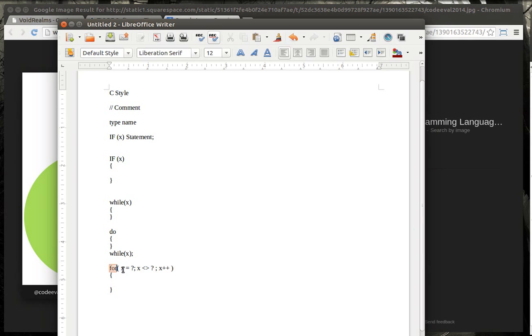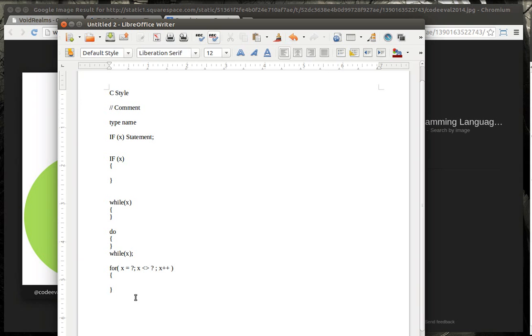You're just going to say for and then some variable, because it's going to change, equals some value. And then you're going to evaluate it. This is basically an if statement up here. X is greater than, less than, equal to some other value. And at which point you're just going to increment and move on to the next one. So it's going to keep doing this over and over. It's going to keep executing this scope over and over and over until that condition is no longer true.